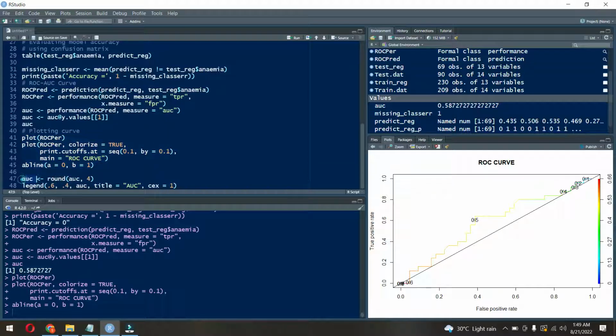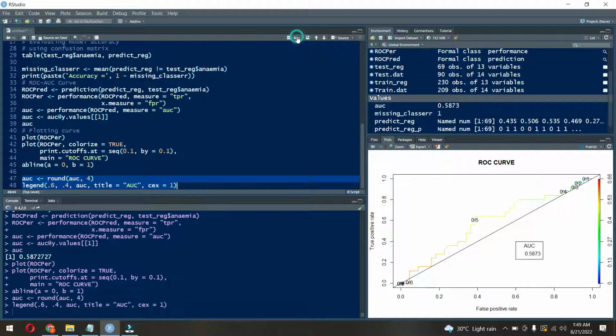And similarly, the area under the curve can also be seen using the AUC curve, and this tells the value of area under the curve, and the higher value of area under the curve tells that the